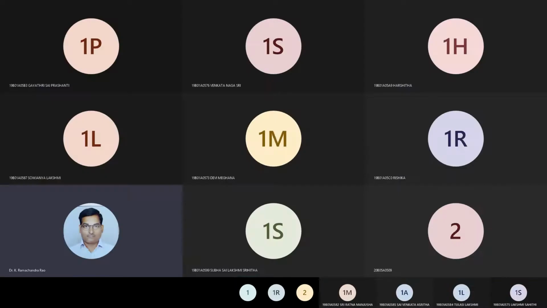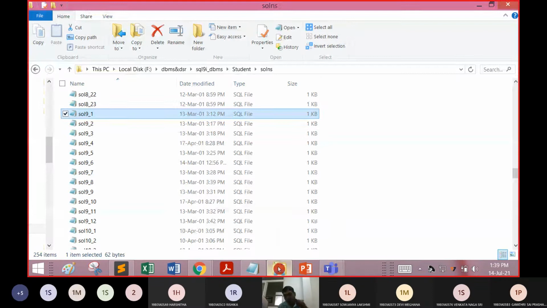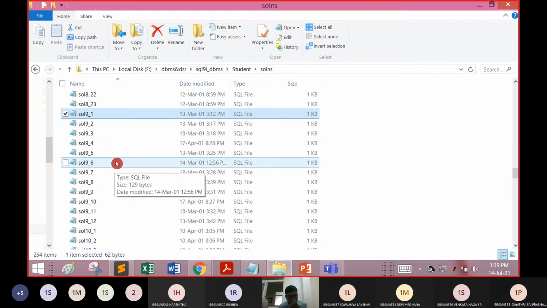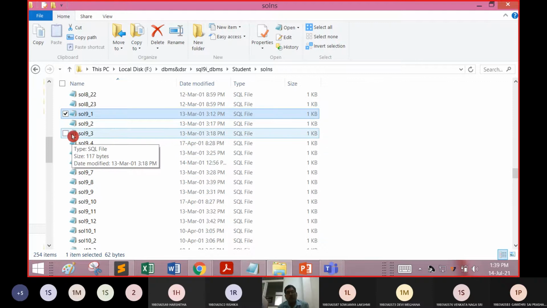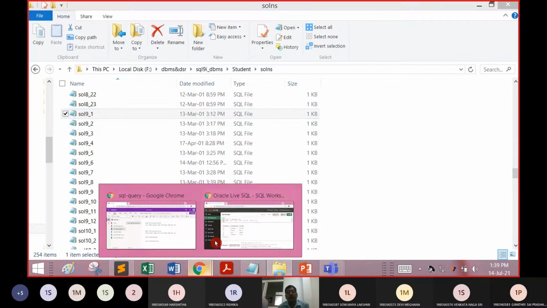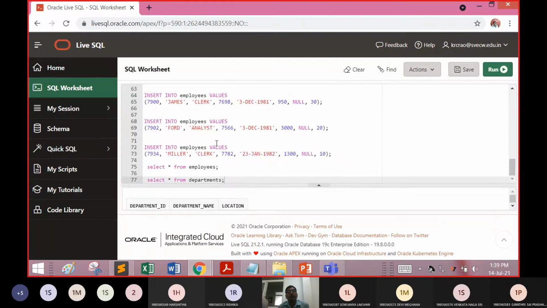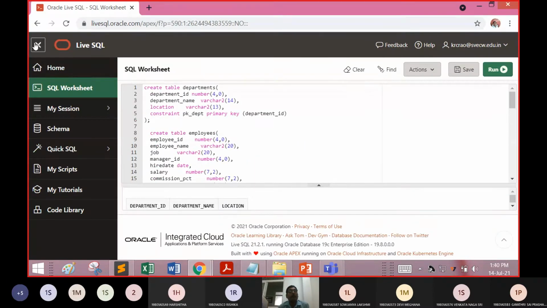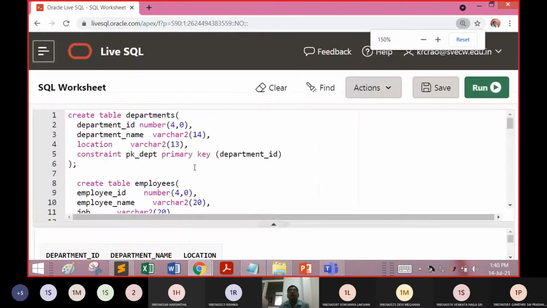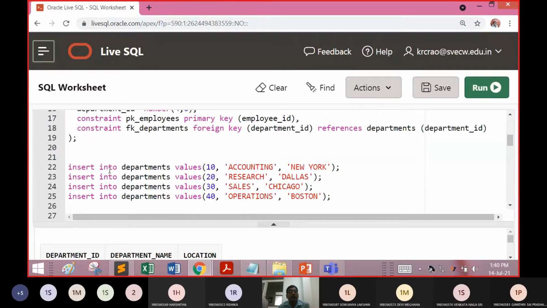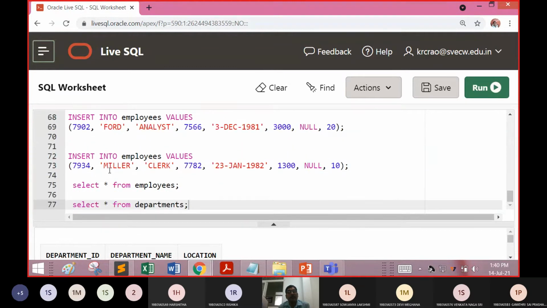In this DBMS lab, we will work on the exercises from 9, 10 onwards. In our earlier discussion, we have done some operations pertaining to the tables, that is the employee table, the department table, etc. We have worked on these operations.